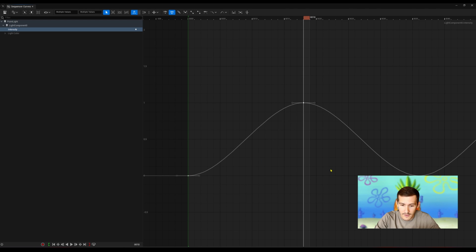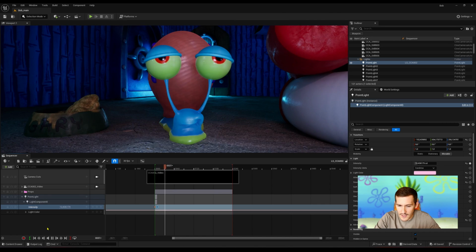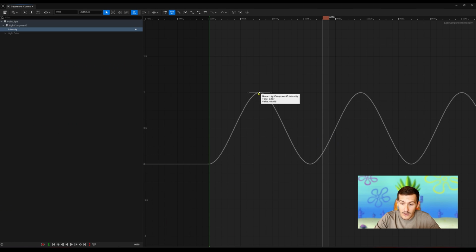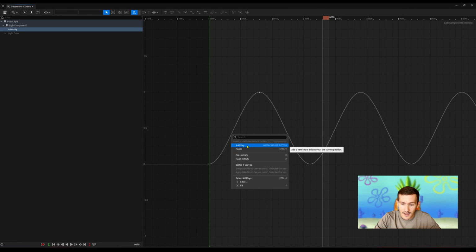If you play your sequencer, you'll see the results quite quickly remain somewhat repetitive. You can always adjust and move your keys and even add another one. But you'll still be left wanting.